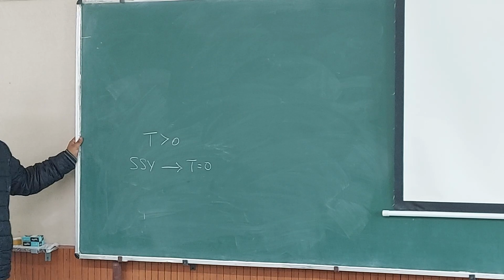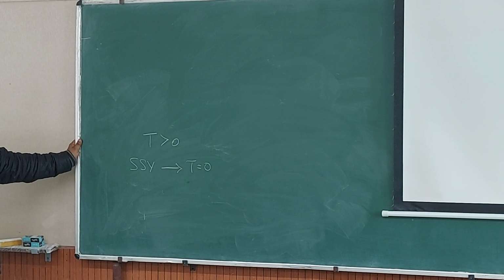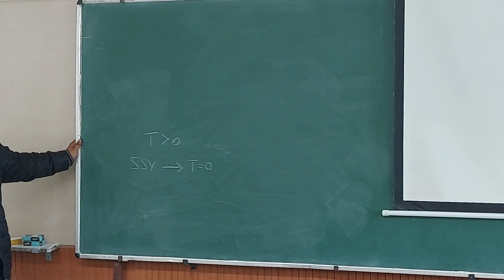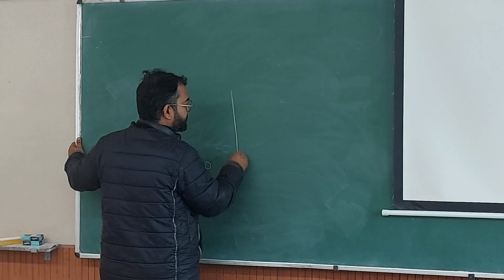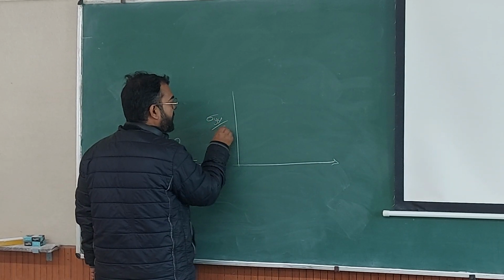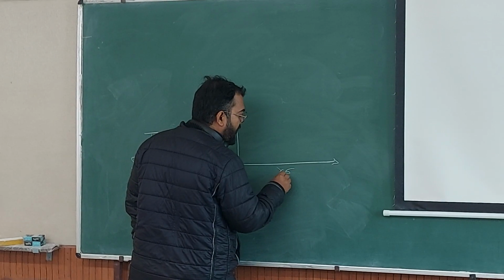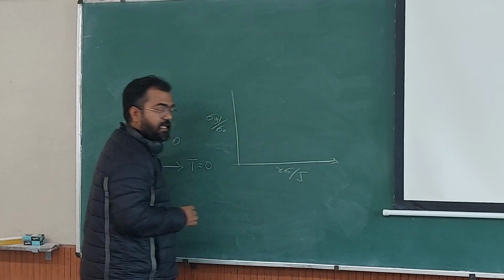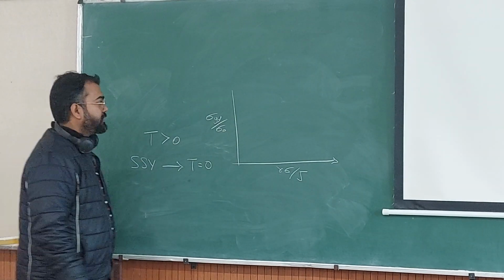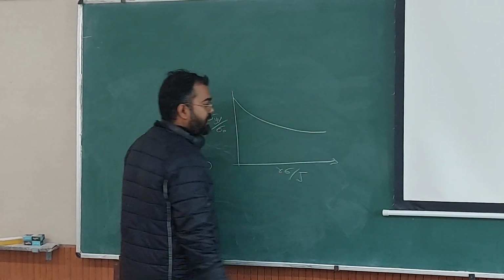That's the point of small scale yielding. If it is greater than that, you have more constraint, and if it is lesser than that, you have less constraint. But if you plot sigma y, normalized again, so sigma y divided by sigma naught, and then you plot r sigma divided by J, so that's the distance from the crack tip. If you plot this, then sigma yy by sigma naught will show this kind of curve,